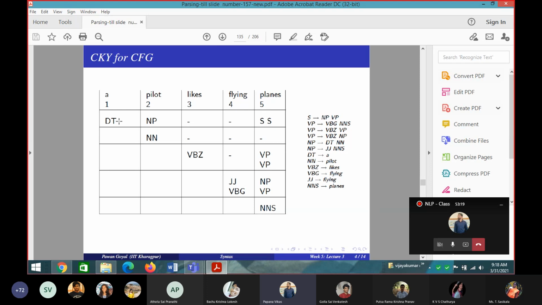DT dash, there's nothing. And NP VP, NP VP. So we get yes, two S, S1, S2. NP with VP, I have yes. Again, NP with VP, I have yes. Next, dash with NP, nothing is there. Next, dash with NP VP, nothing is there. Next, dash with NNS, nothing is there. So this is this box. If you get S derived, then we can say the given sentence is grammatical. And based on how many S you are getting, accordingly we can decide the ambiguity of the sentence based on the given grammar.